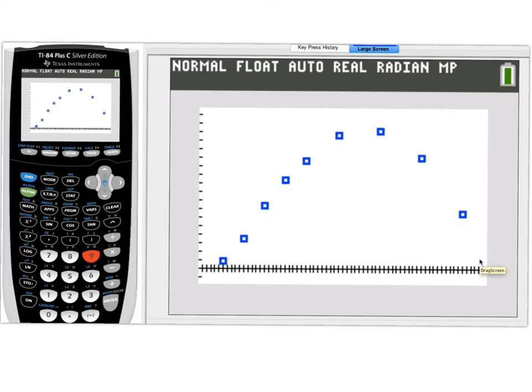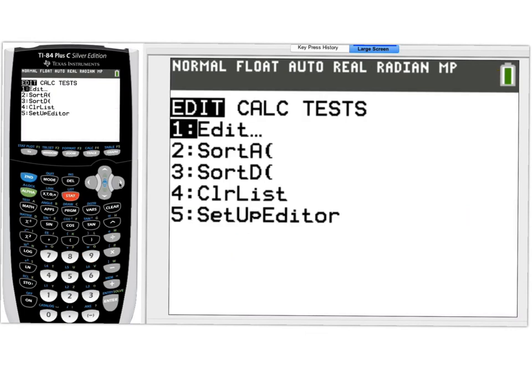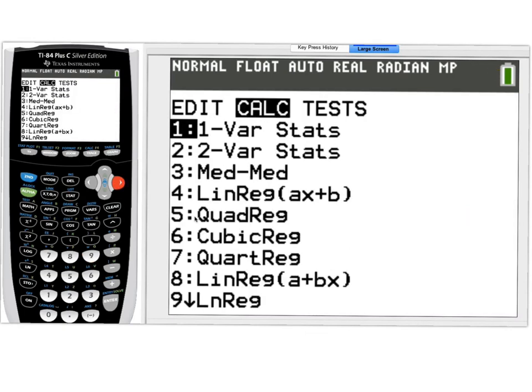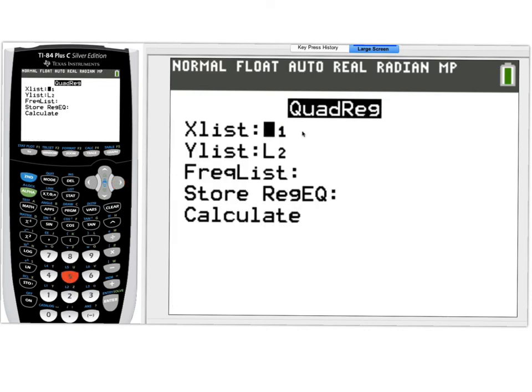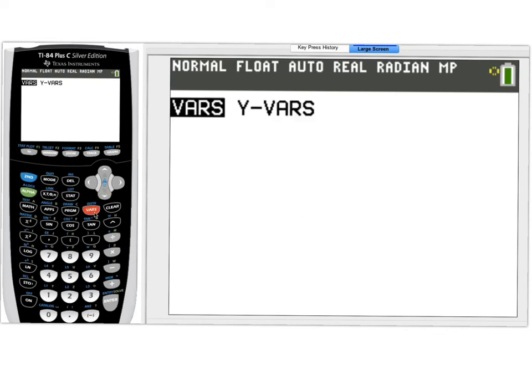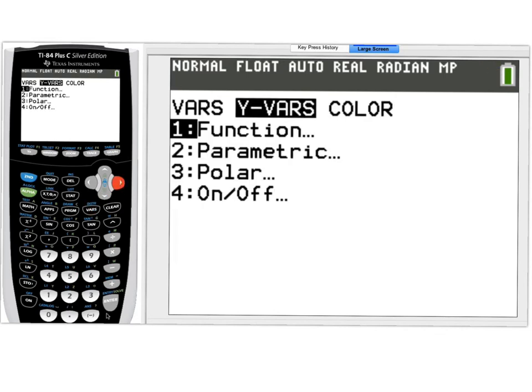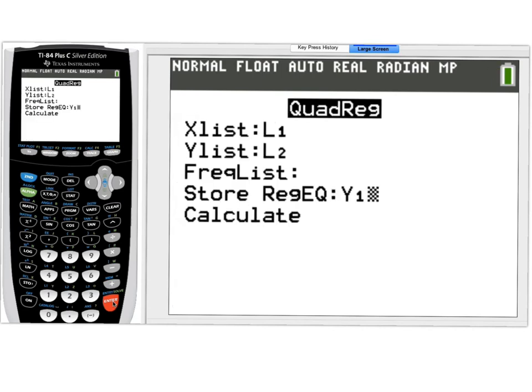So that means I'm going to use QuadReg, or quadratic regression. So I hit Stat, I page over to the Calc list and I find quadratic, which is number 5. In my calculator, it already pushes L1 and L2 into the x and y, and then I'm actually going to store my regression equation. So I'm going to page down there, and how I find it on this calculator is I hit Vars, page over to Y-Vars, Function, and I'm going to select Y1 because I know it's empty in my calculator here. I page down, I hit calculate,